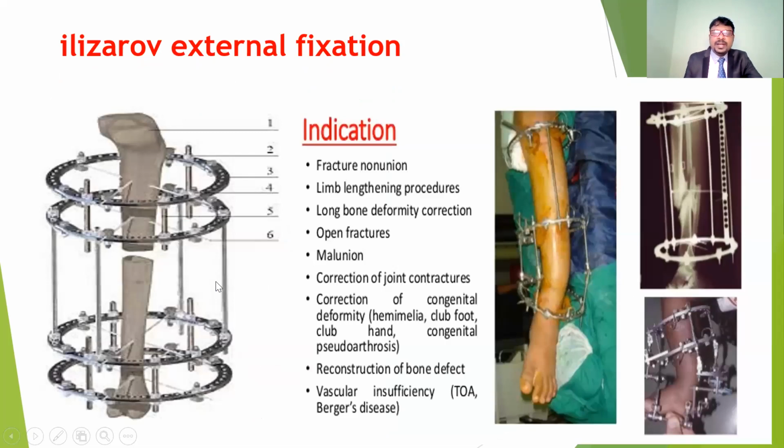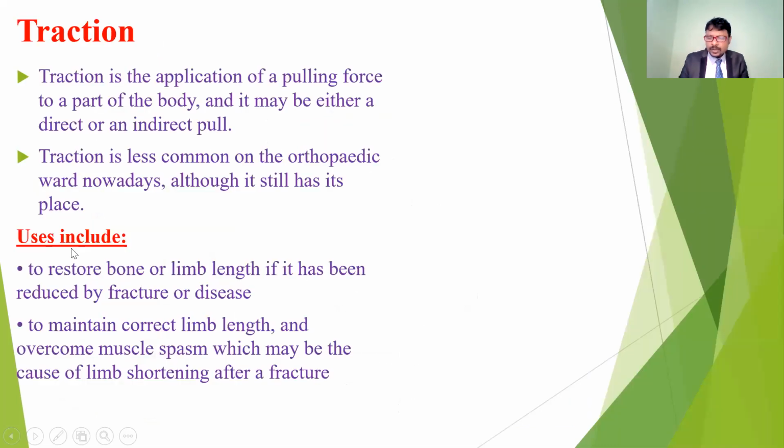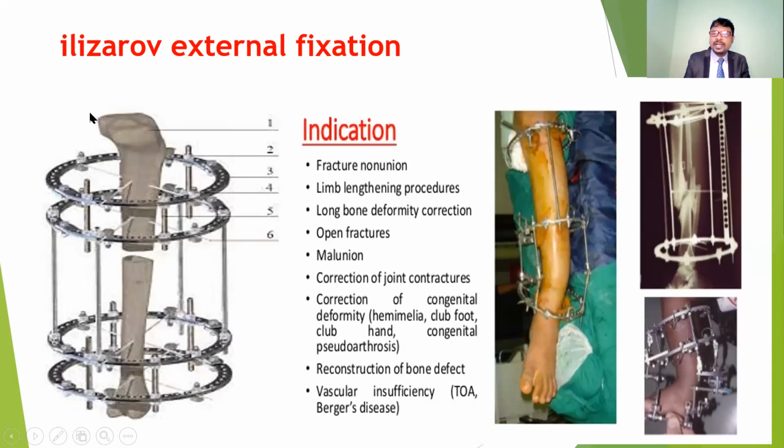The next important technique is the Ilizarov external fixation. These are very complicated surgeries, used in cases of non-union or if any bony fragments are missing. For example, in segmental fractures, if bony fragments are missing or the gap between the fragments is large, it is not possible to use bone grafts. So here the only option is the Ilizarov technique. If you put this external fixator outside, these rings are going to work so that the proximal rings pull the tibia upwards, and the lower fragments are pulled downwards.